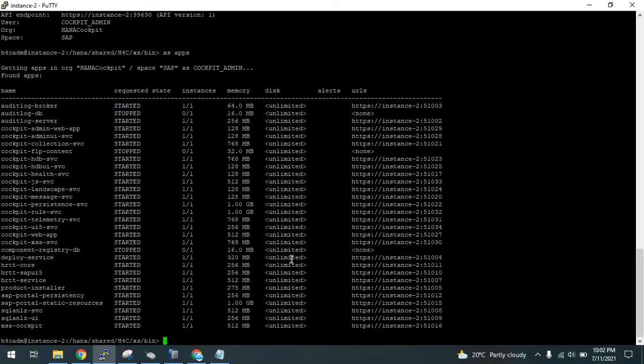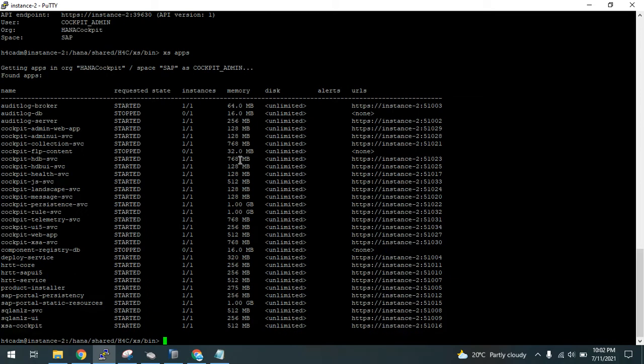You can see these are the links, and you can now access all the apps of the cockpit from these links. So you will get an idea about the links. Here you can see instance-2 has been updated. This has been updated because we updated the physical hostname of cockpit in the previous step, in the default domain, which I showed you just now.